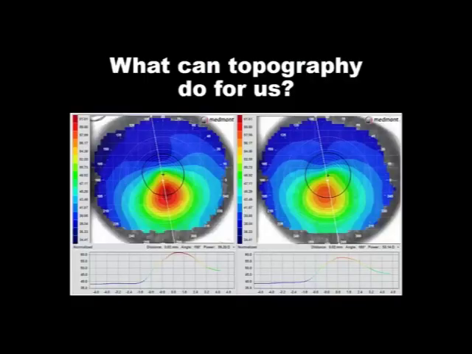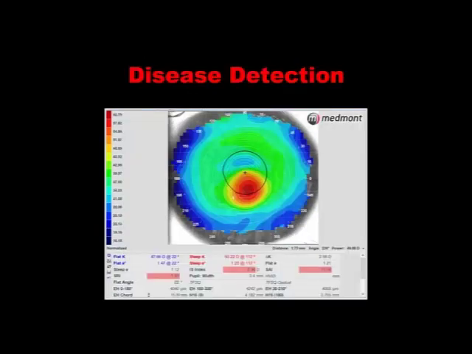more challenging eyes. If we were to start with a pair of topographies, let's start with an actual case, and we take a keratoconic patient with binocular keratoconus OU. We might say, all right, how do we start with this topography? What should we be looking for? Well, let's pick one of the eyes, and one of the first things you might ask is, how do we know it's keratoconus? Now, obviously, from the topography itself, it's clearly a cone, but is there something mathematical in the